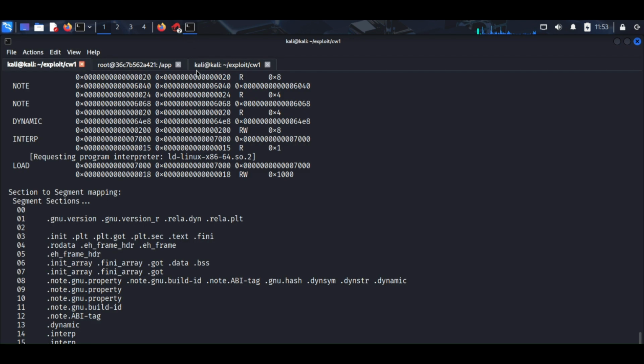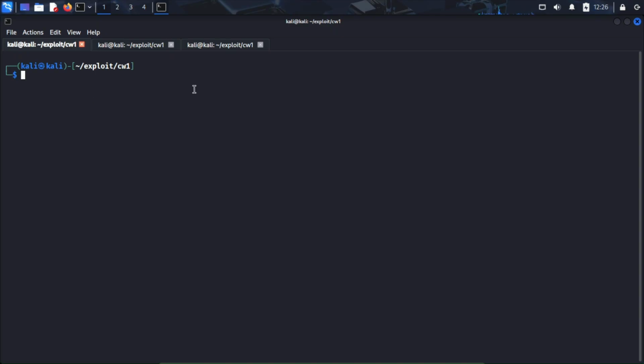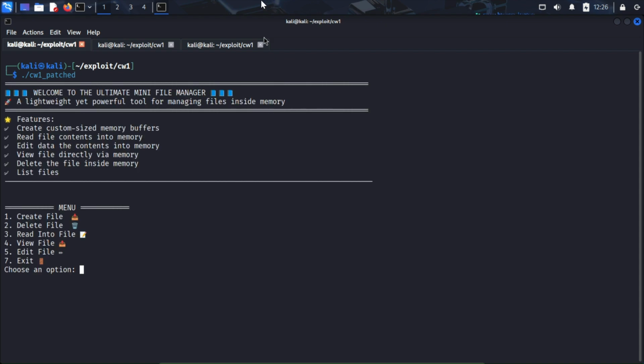So we will move toward how we can exploit this, or how we can see what's going on. In this part, we will demonstrate how we have found the heap value and the chunk value. So we will move further with the execution of this file. We have executed this file, so we will create some files